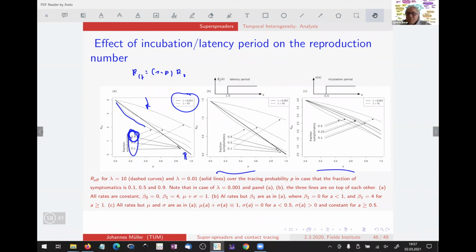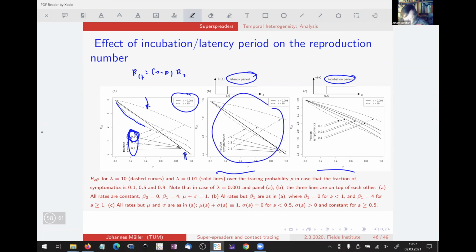We can now investigate the effect of latency and incubation period, which is particularly important for COVID-19. If you have only a latency period, then the figure does not change. But if you have an incubation period, so that we start right away to infect persons but have a delay in finding persons, then the people we can remove in the super spreader event have already passed on the infection. And so we are again back in this race to trace. We see that the super spreader lines and the standard infection lines start to resemble each other.